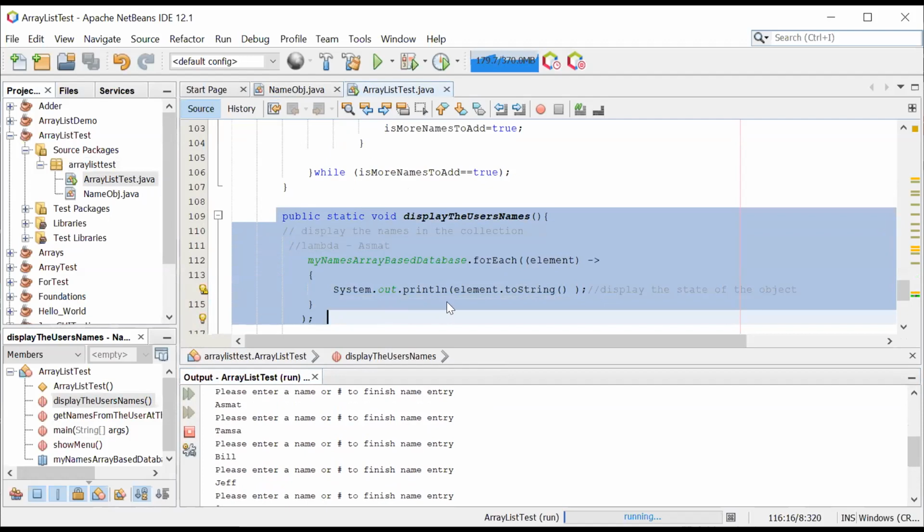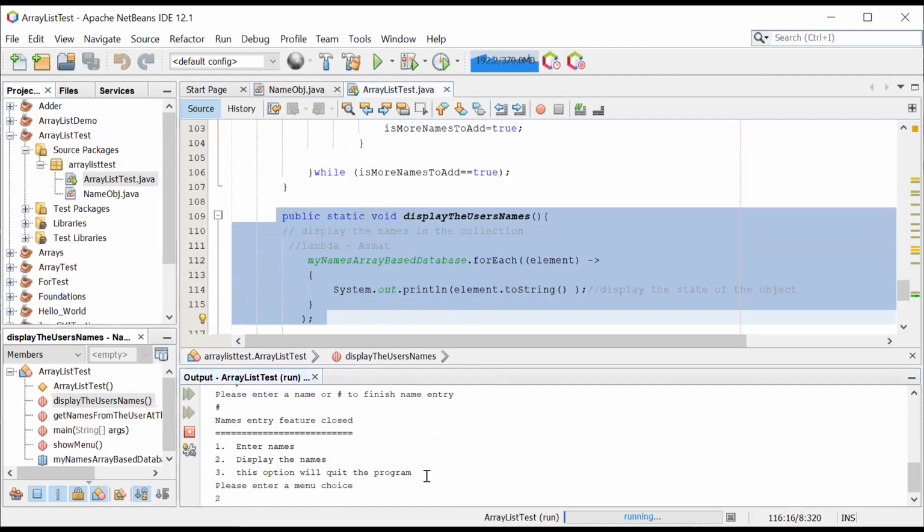So this bit of code here, which I'm highlighting at the top here, calling this method, this lambda call, cycling through this collection of name objects inside that array list. So let's run it. So choosing option 2, press enter,